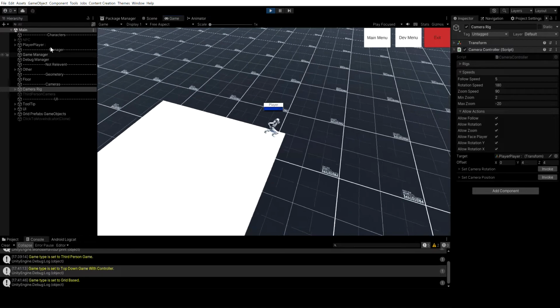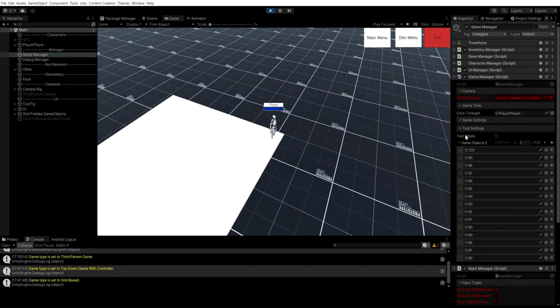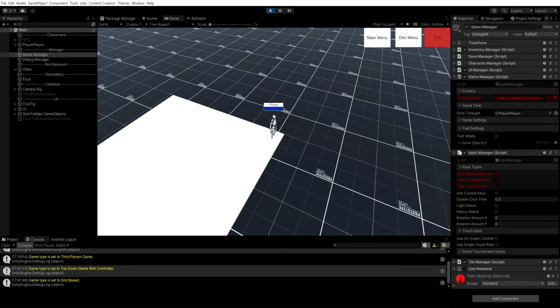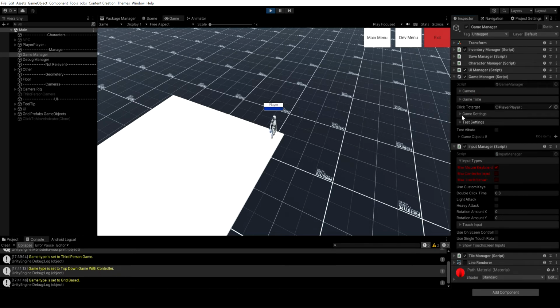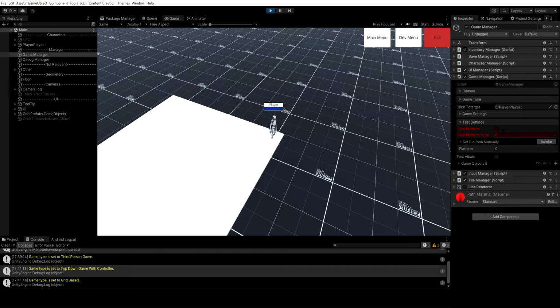So let me show you the problems with the touchscreen. Now the game can detect which platform it's on. So if you change the platform, let me just go over here, game time, cameras, game settings, close the input manager, the test settings.